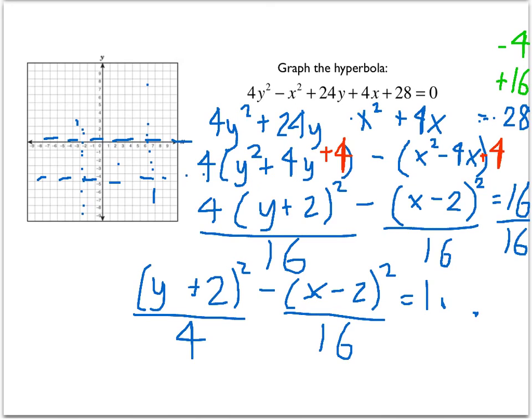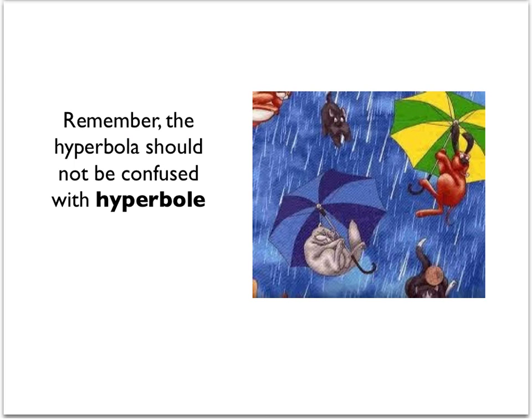Again, I'm going to draw my asymptotes in here, like that. And finally then I'm going to graph my hyperbola. Remember that because y squared comes first here, it's going to be orientated like this and like this. And in class we'll work on trying to identify the foci and the vertices and stuff like that. Remember that this is hyperbolas, not to be confused with the English term that you have learned about, hyperbole,